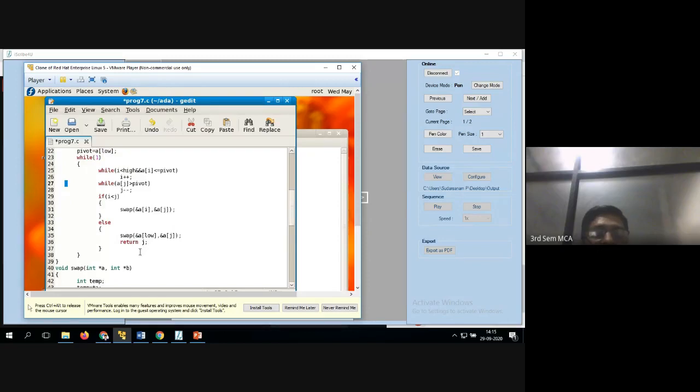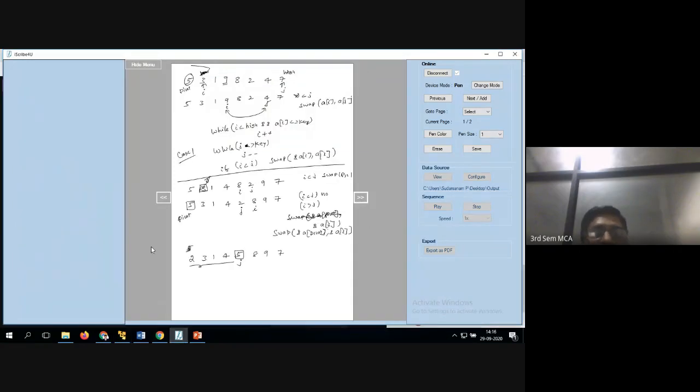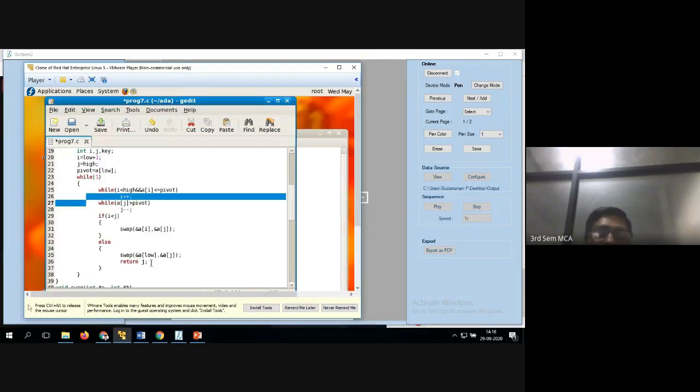So here A of low, that is called the pivot element, whatever you have assigned here. So A of low comma A of j, that is nothing but the starting element, whatever you have assigned, and this value is nothing but the fifth location. So 2 and 5 got interchanged. That's what A of pivot element comma A of j means. A of pivot here I have written is nothing but the low value, so A of low comma this value, these are the values we have to change.